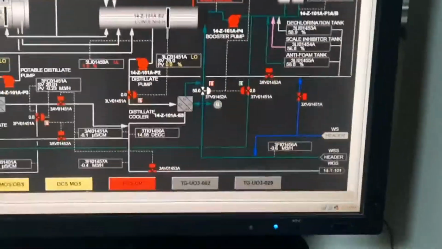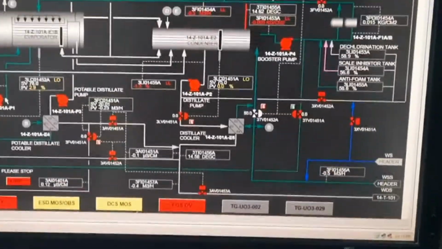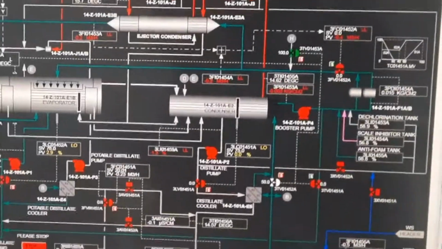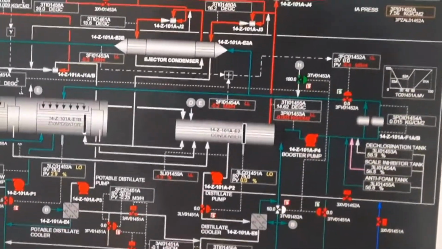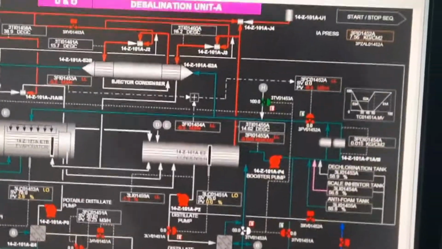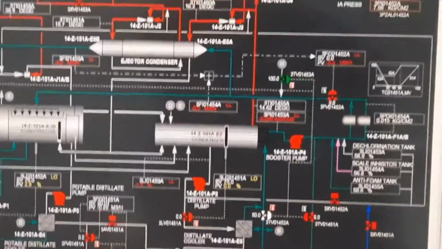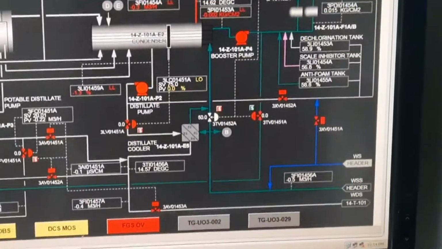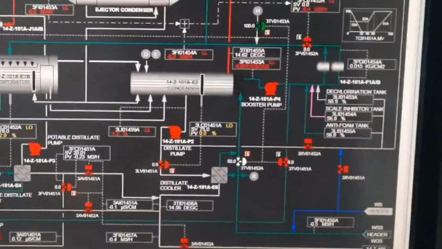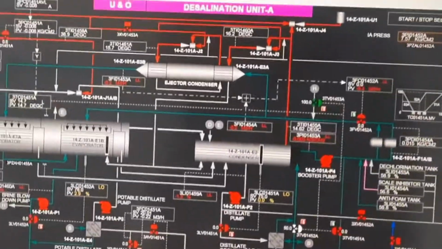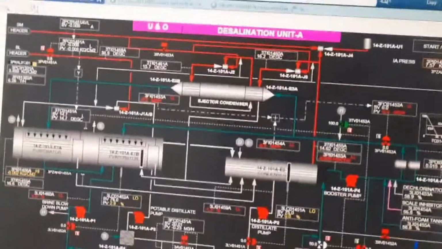Okay. So after that, what will we do? We will open this manhole. Total 4 manholes, rear box manhole, front box manhole. We will open these manholes for checking the spraying nozzle. First we will check the spraying nozzle. So for checking the spraying nozzle, we will open this manhole, and after that we will start the water circulation. Without water circulation, how will we check whether the spraying nozzle is okay or not?